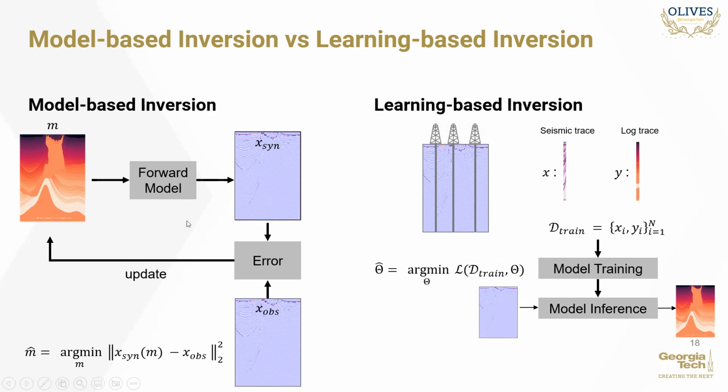And then the seismic image is compared to the actual observed seismic using the recorded equipment in the field. And the difference between the two, the difference between the forward model seismic, referred to as X synthetic, and the observed seismic is then used to update the initial estimate of the model properties. And then by iteratively repeating the process, one is able to obtain an accurate estimate of the true underlying subsurface